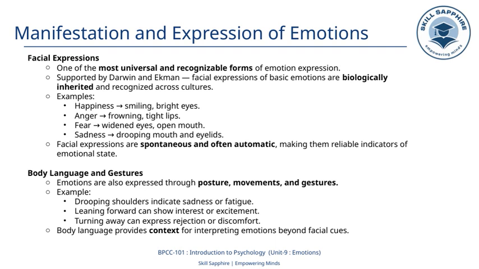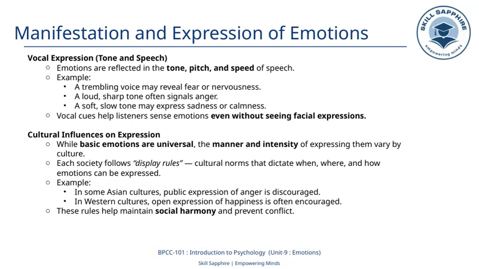Body language adds important context, helping us interpret emotions more accurately beyond just facial cues. Together, facial expressions and body language give us a richer understanding of emotional states, which is really central to understanding human behavior. Now, let's talk about how emotions are expressed through our voice, which is known as vocal expression, including